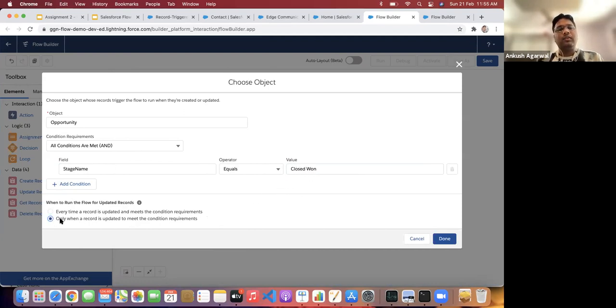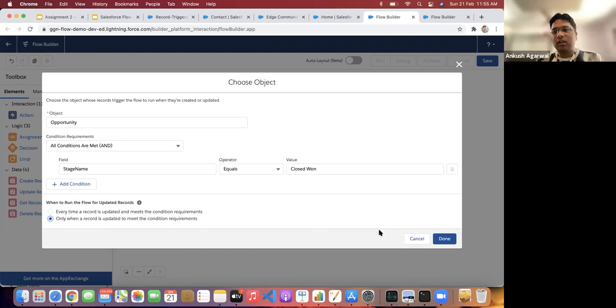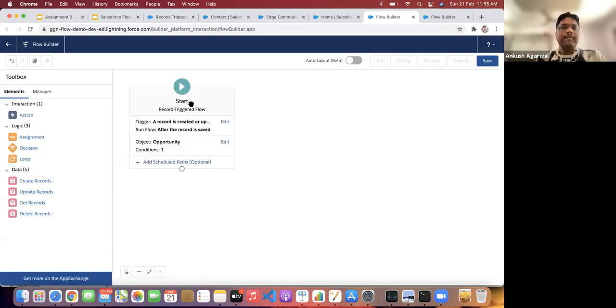That's why I'm using this second condition. I think this is a newly introduced feature; earlier, it was not available, and in this release they have added it. You can see the difference here: last time we only had get records. Now we have create records, update records, delete records, or even perform some action as well.